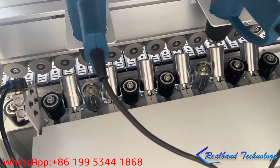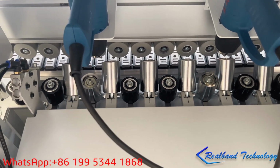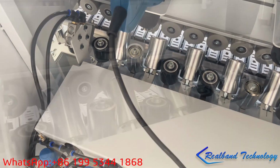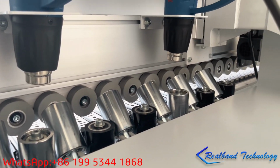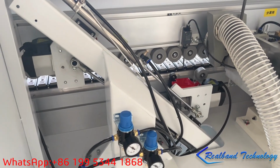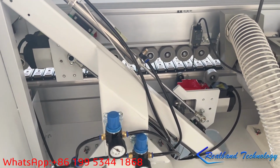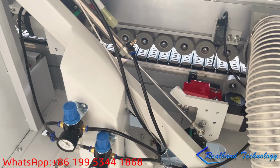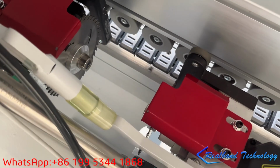In terms of function, our machine can process three shapes: beveled straight edge, beveled edge, straight edge. The shape switching is achieved with one button operation, and one machine can process multiple shapes. The control panel of the machine is divided into traditional mechanical switches and touch buttons, and users can choose according